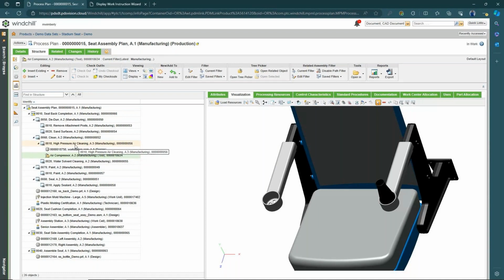So as I said, you can go as deep into this as you want to. Here's a process that I'm using. Here's the workstation that I need. Here's the air compressor that I need. When I get into my water solvent, I don't have anything in here for this, but I can find some cleaner and say that this is the specific cleaner that I want to use for this. And because we're in Windchill, we can also set up alternates,